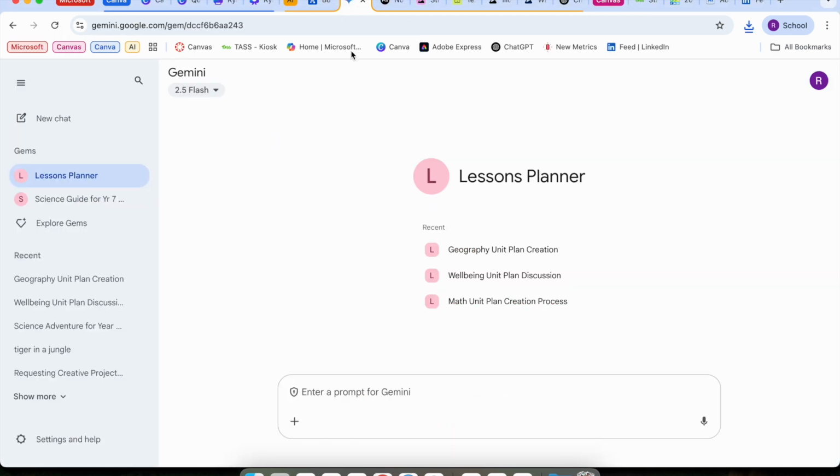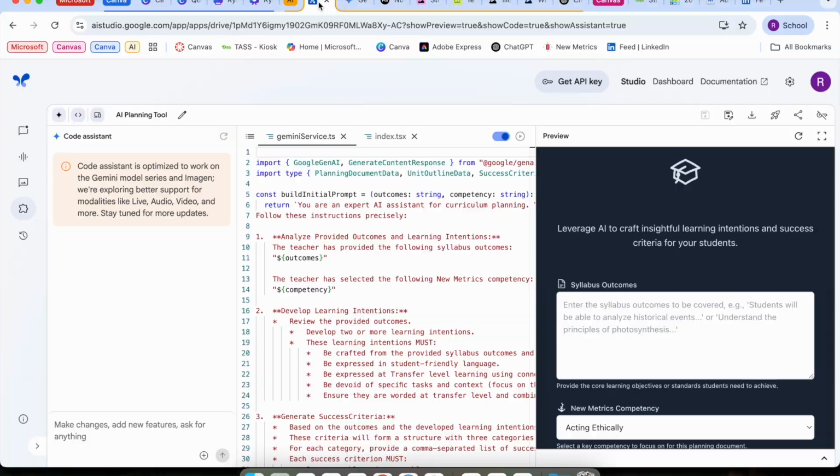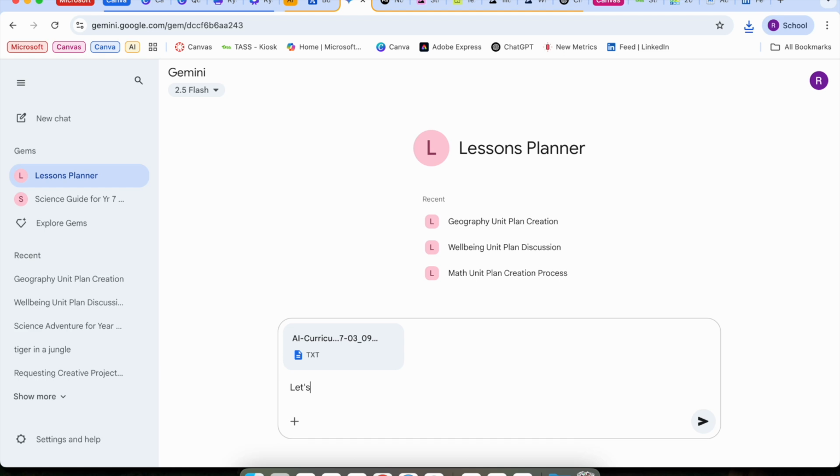So next we're going to go to a custom gem that I've created in Google Gemini based on my specific needs as the way I like to teach as a teacher and the way I like to set up my lesson plans. So I'm going to attach that text-based document, which would normally be an edited document, not just what's given to me. But in this case, we're just going to use the one that's given to me. And then I'm going to ask it to create me